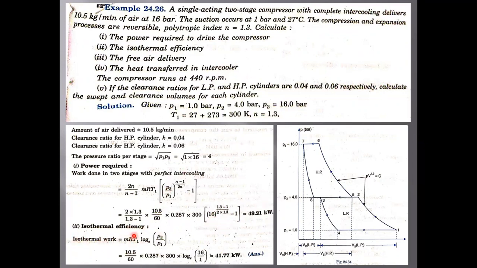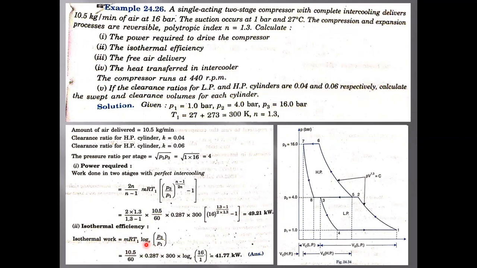Okay, next what he has asked you to find out is the isothermal efficiency. So what is the isothermal efficiency? We already know isothermal efficiency; this was taken from thermodynamics itself. For isothermal efficiency, we need to find out isothermal work and actual work. Actual work done we have already found out, but isothermal work we don't know, but we need to find it out from thermodynamics. The isothermal work is given by this formula P1 V1 log.